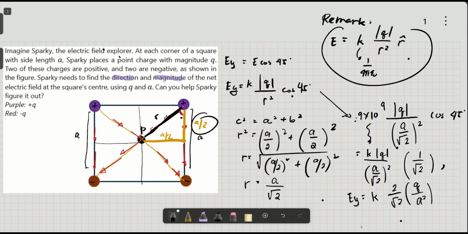Now this is the only one that we have because we calculated it based on one quadrant alone. Now we've got 4 charges. We can multiply this by 4, so that would be 4EY. Multiplying everything by 4, that would just give us